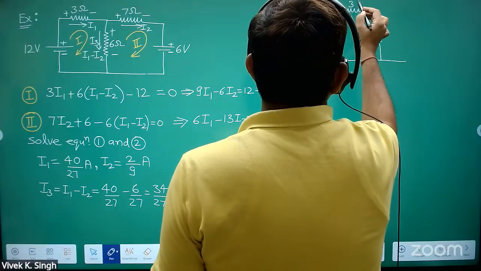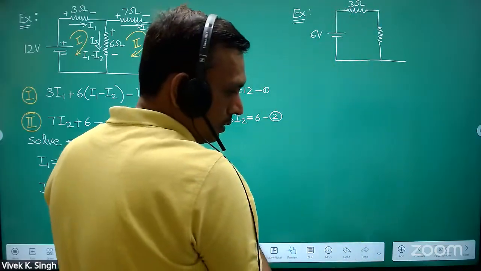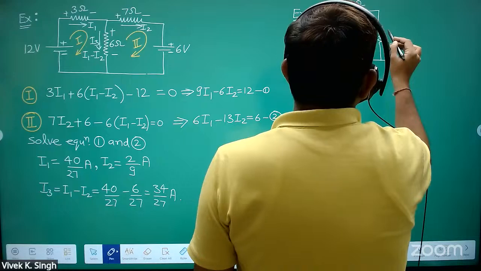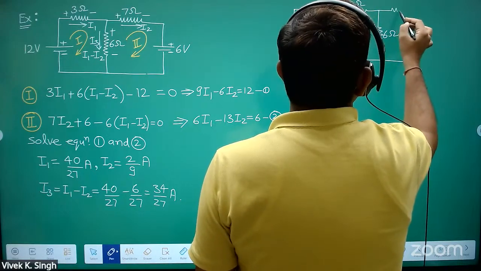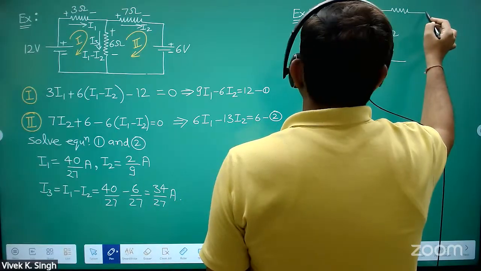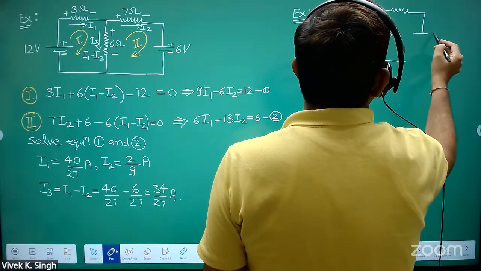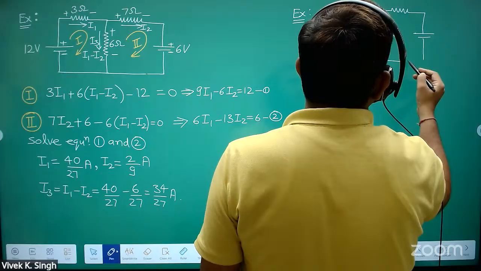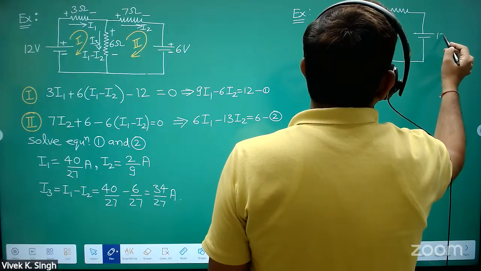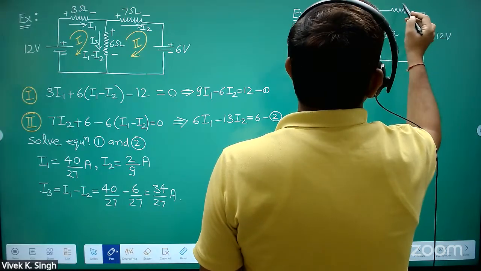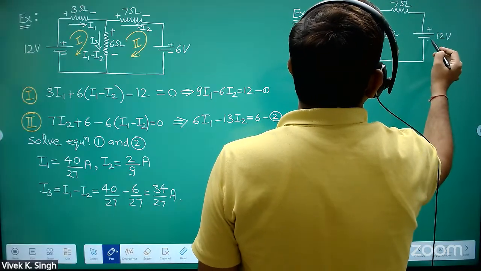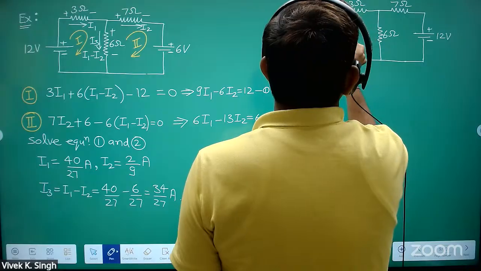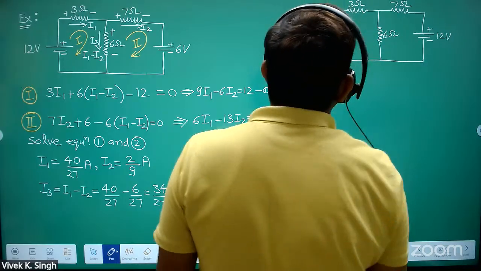So this is 3 ohms. This is 6 ohm. Then you have 7 ohms. Now this I am taking as 12 volt. This is 7 ohm. This polarity is